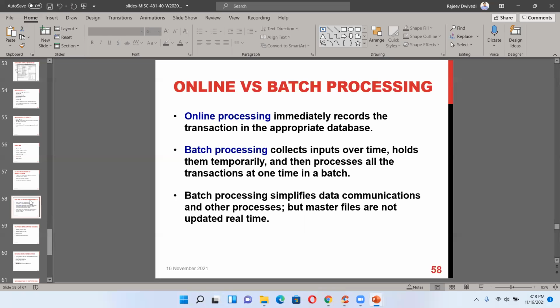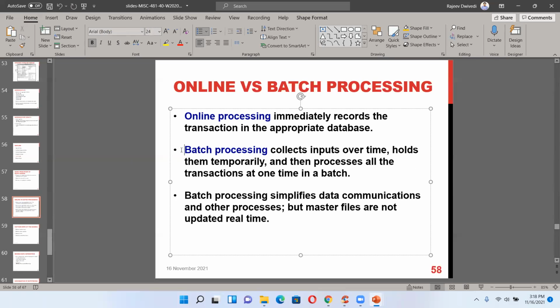Every day the manager is inputting the new arrivals, and then removing those videos which are not in good shape. So basically, batch processing every morning or every day. So this is batch processing.